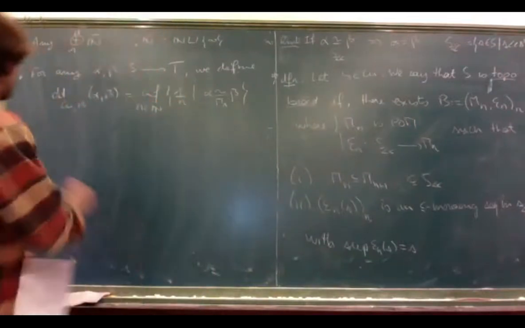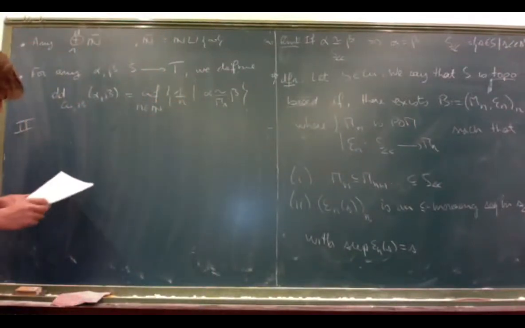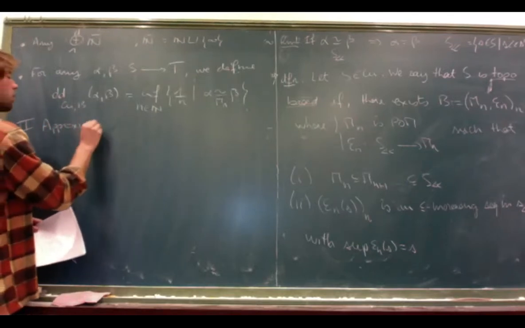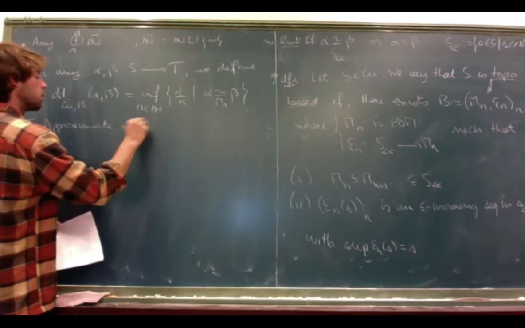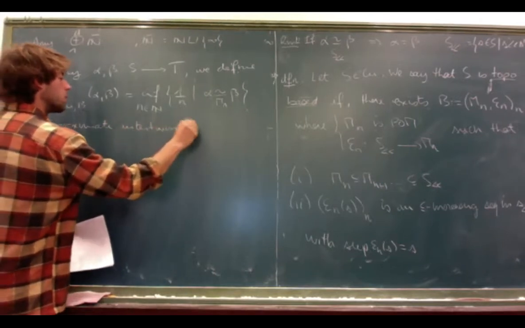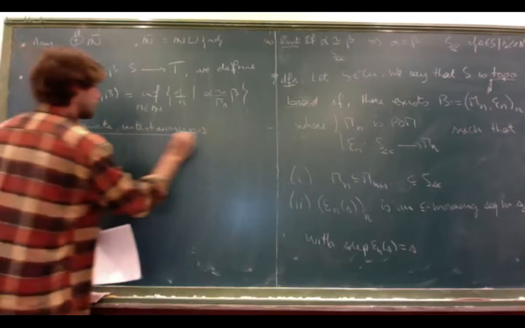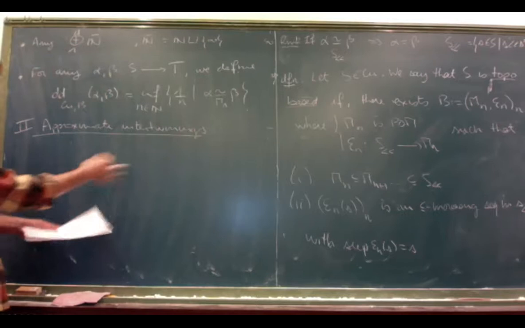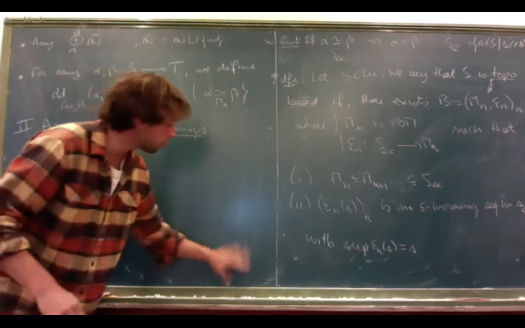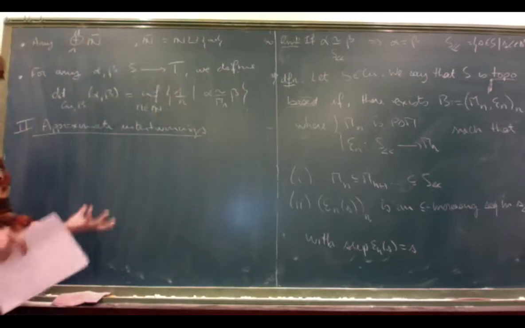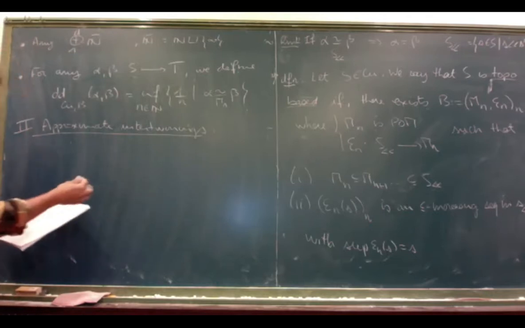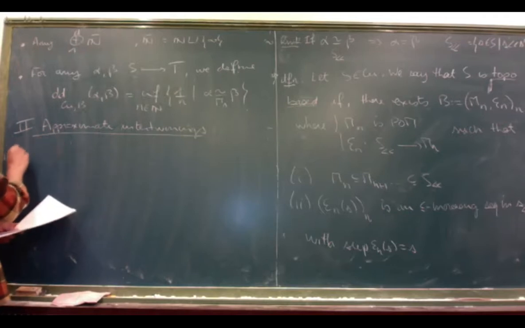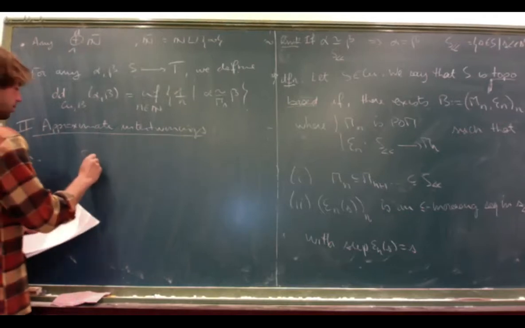So maybe let me speed it up a bit. So let's go to approximate intertwinings. So the proof will be, the hypothesis will be more or less the same, just adapted to the setting we are in. So basically the theorem states, if I have